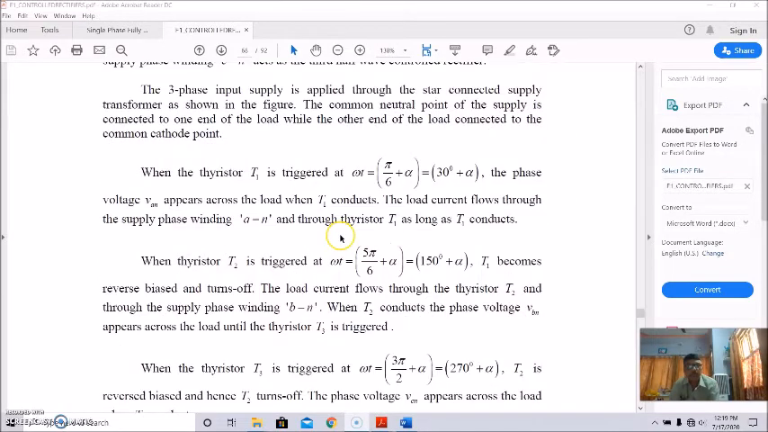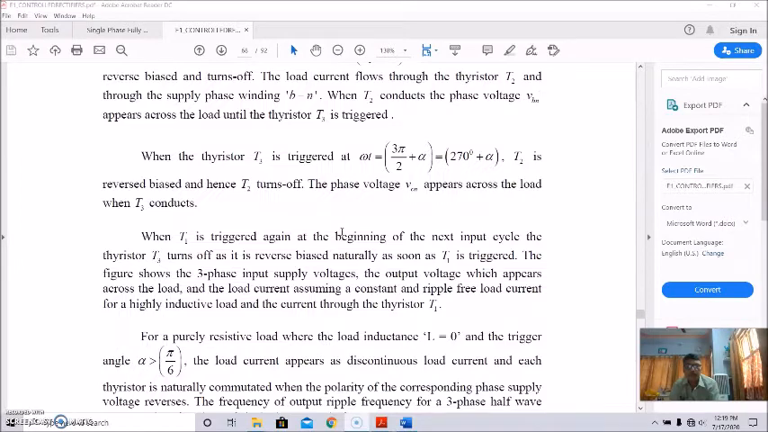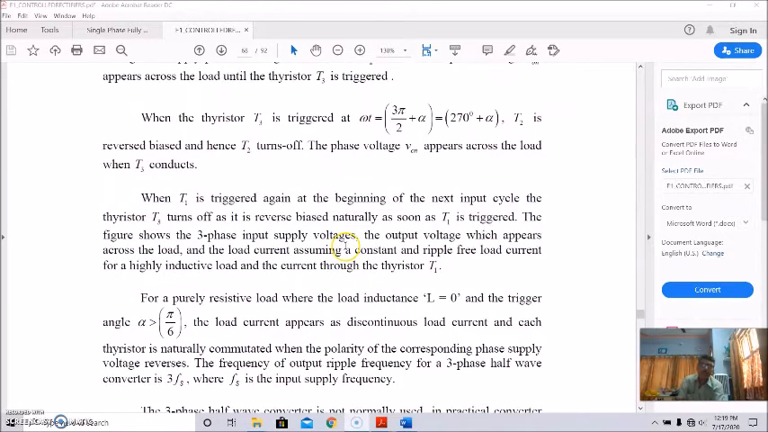So that is also being told here. If we take a purely resistive load, where the load inductance L is equal to 0 and the trigger angle alpha is greater than 30 degrees, that is pi by 6 radians, the load current appears as discontinuous load current, and each thyristor is naturally commutated when the polarity of the corresponding phase supply voltage